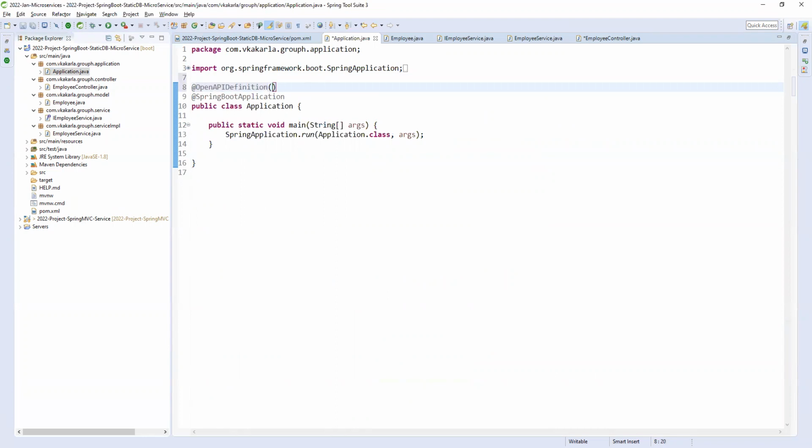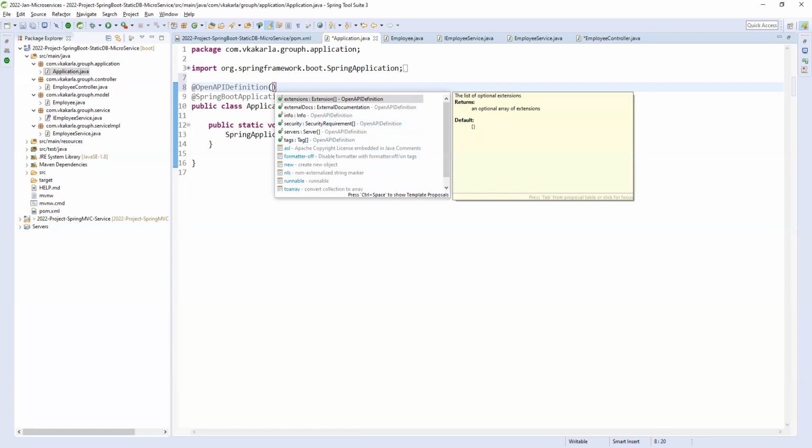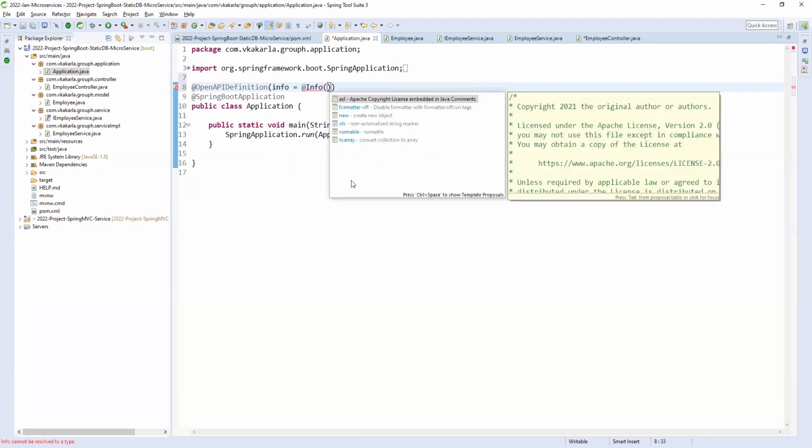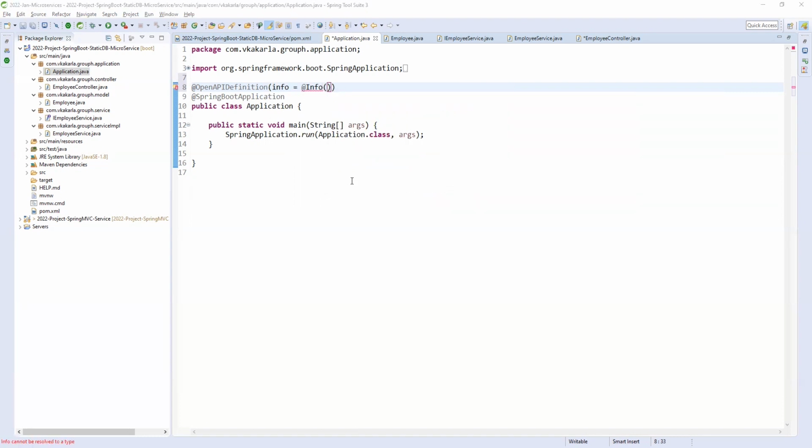But you need to add some summary about your application. If you don't know what parameters are available in info, you can take info automatically. It will give you info. So give info, @Info, with title. I already have some values. Let me copy them there. After that I will tell you.